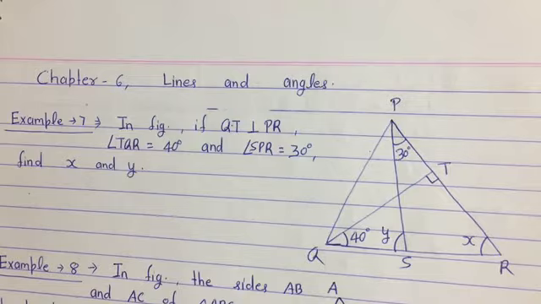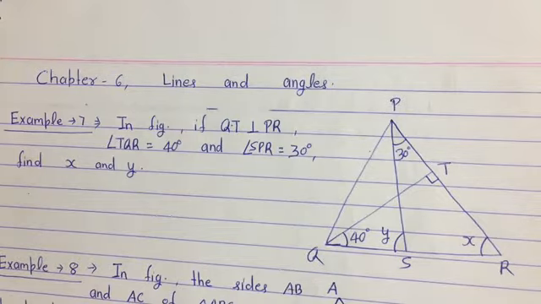Okay, and a lot of concepts just before this: the concept of transversal, parallel lines, complementary angles, linear pair, and many different things. Our last two exercises were completed very properly, that is, exercise 6.1 and exercise 6.2. Today, before starting exercise 6.3, which is the last exercise of this chapter, we are going to start with examples here. Okay, because examples are very important in this chapter.